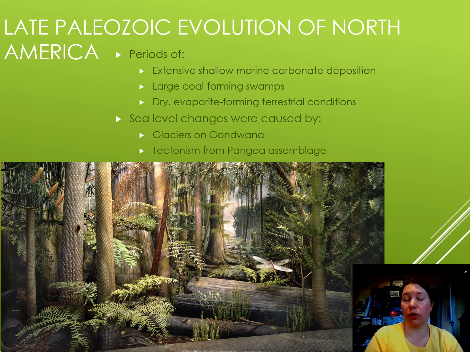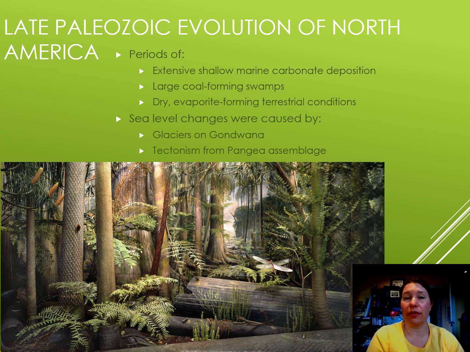Then things are going to dry out as the continents are moving closer and closer together and beginning to form Pangea, which will happen at the very end of the late Paleozoic, at the very end of the Paleozoic era, ending the Paleozoic world. Because we're starting to form a huge supercontinent, the inside of that continent is going to dry out. It's harder for water to make it all the way to the interior of a large continent, especially when climate is very warm. And so we start to get some of the first major desert conditions to show up since life evolved on our planet. So we're going to get evaporites forming, like salt, from desert environments.